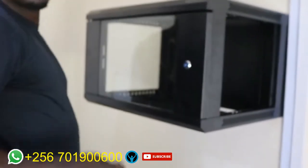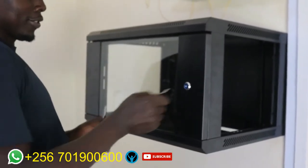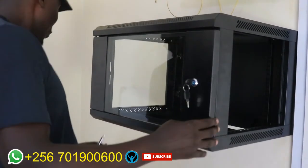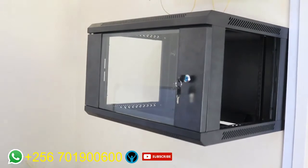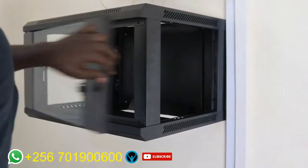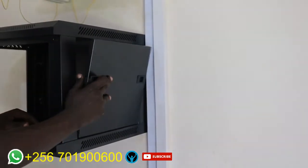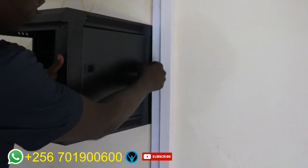And try to fix and see if it opens and closes, so we can lock. And once we lock, we can remove the key. This is my key, and here we are. So I can lock it firmly, and if I want to open, I just open. So we are left with the...